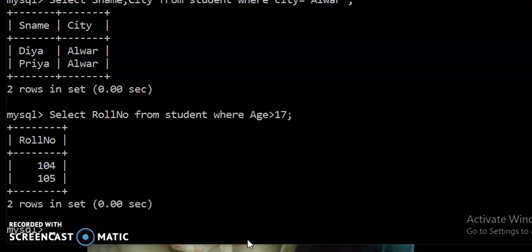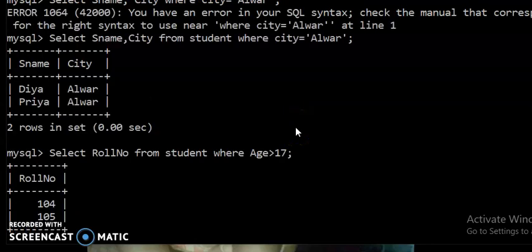And if you want to access the records according to a specific criteria, then which clause do we have to use, students? We have to use the where clause. By using the where clause, we can mention the condition according to the criteria, just like we mention here to access the records whose age is greater than 17.